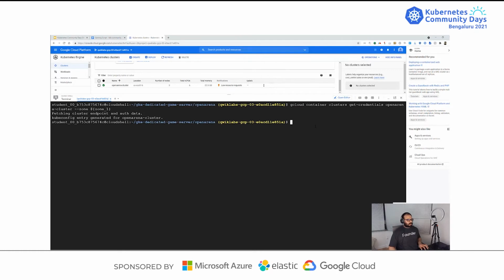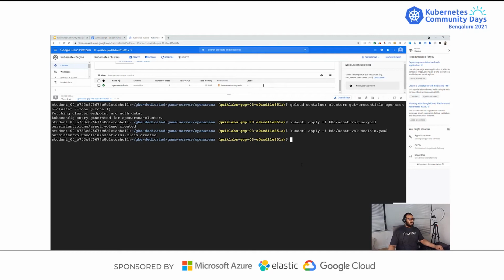already to the cluster. So the two important things we need to be doing is creating a volume and a volume claim. If you are comfortable with Kubernetes, you'll understand this is how we actually connect or have a volume attached to the Kubernetes cluster. So we create the volume, and if you check the persistent volume, we have an asset volume of 50 GB capacity, which is ready, which is bound.